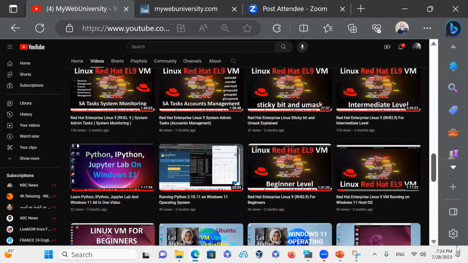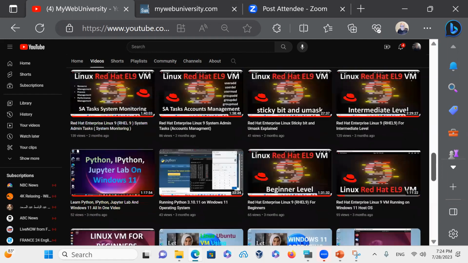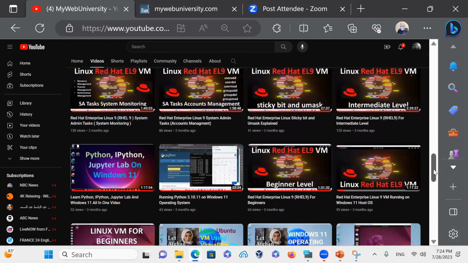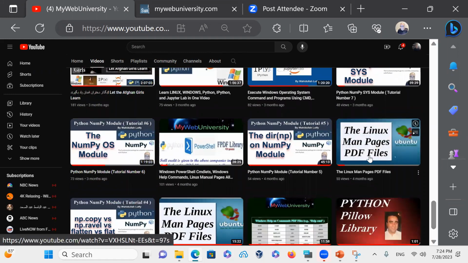You can see that there's a lot of them, and some of them are a full course, some of them are thousands of PDF files that I generated, like Linux manual pages in PDF. This is about 6,500 technical documents